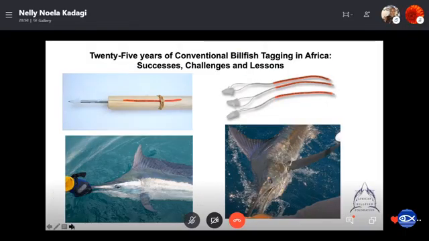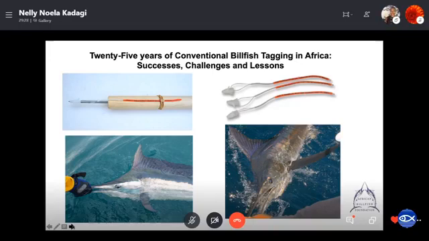When we look at billfish research in the Indian Ocean region of Africa, it takes me back to appreciate the over 25 years of work that has been conducted through the African Billfish Foundation in collaboration with the sport fishing communities across Africa and across the world. And so in the 1980s, a lot of billfish used to be landed, but a group of sport fishing communities came together and said, how about we try and contribute to the science and knowledge about these billfish species? And so tagging started in the early 80s.